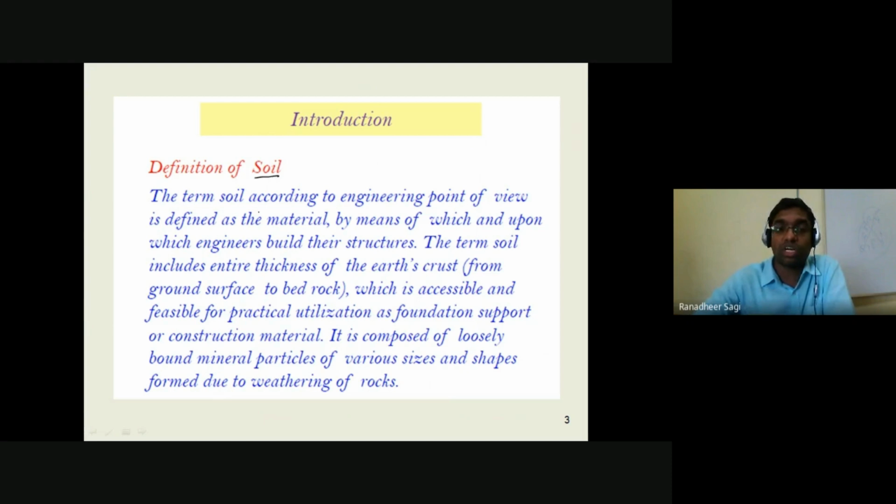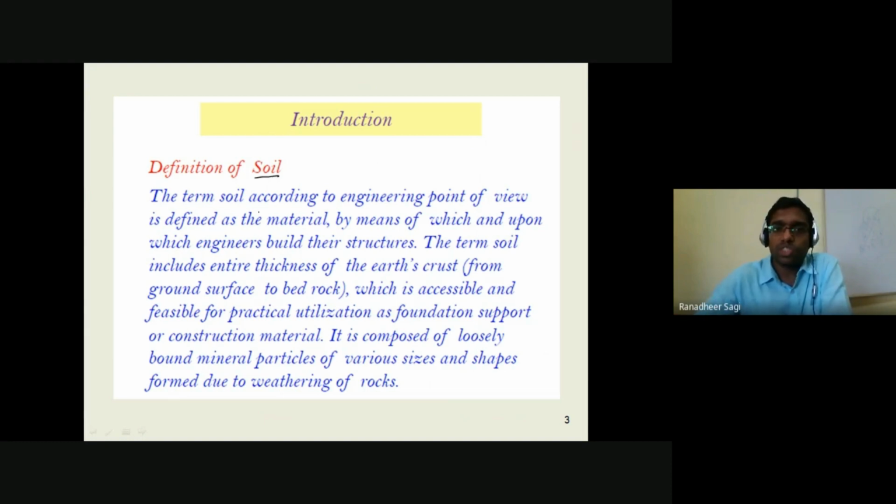But when it comes to soil as a material, the property of the soil is not going to be the same from place to place, and at a particular place also from depth to depth, the property of that soil is going to change because of different compositions of minerals present in that soil, and also due to the different skeleton structure in which the particles are arranged. So the strength or the properties of the soil would change from one place to another place.